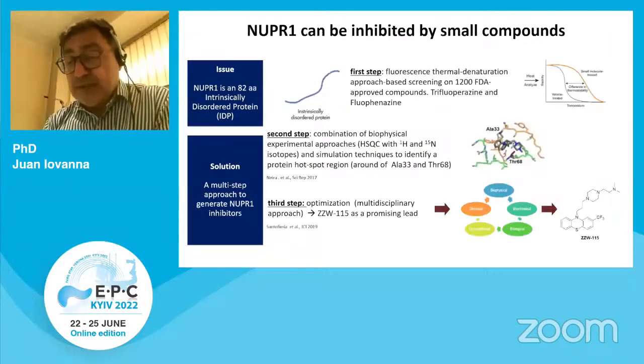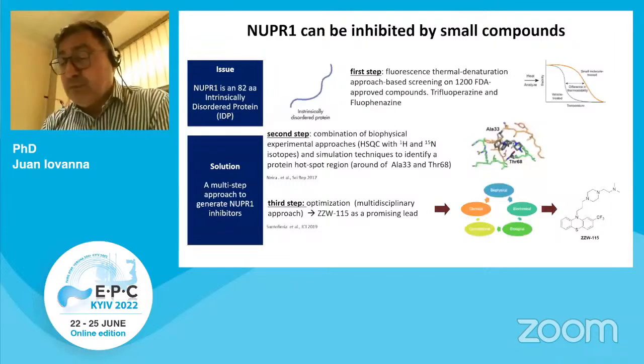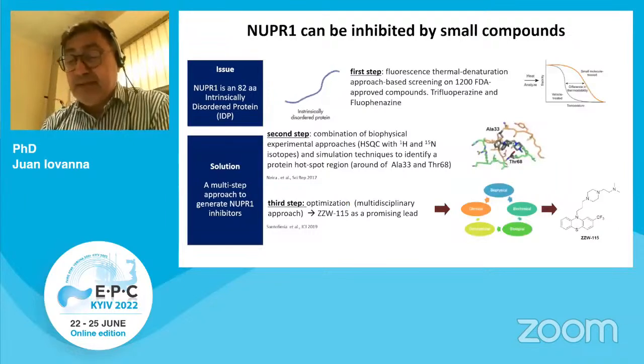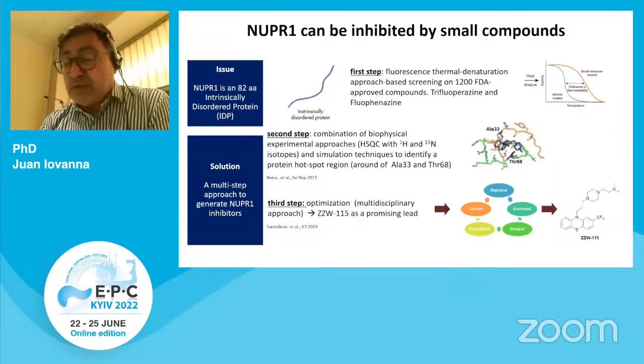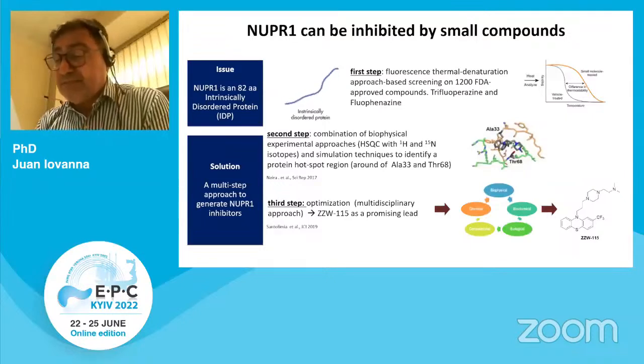Then we tried to identify small compounds inhibiting NUPER1. NUPER1 is a small protein of 82 amino acids, and structurally is an intrinsically disordered protein, or IDP. Therefore, conventional drug development methods cannot be applied in this case. Consequently, as a first step, we developed a sophisticated screening method based on the fluorescence thermal denaturation and found that